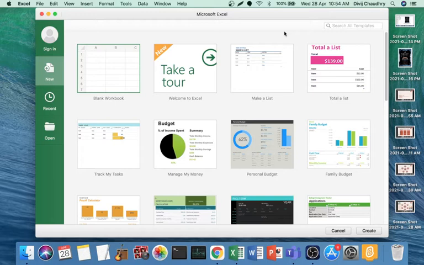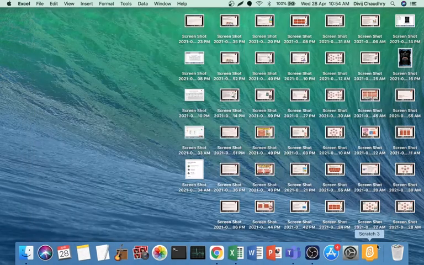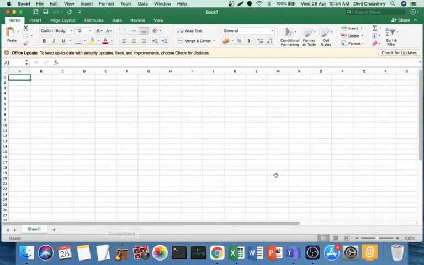Today I'm going to teach you how to put a password on your Excel file. So let's do this. First things first, if you want to create a new Excel file, open and create a new one. So you have created a new file, and over here I put the data like